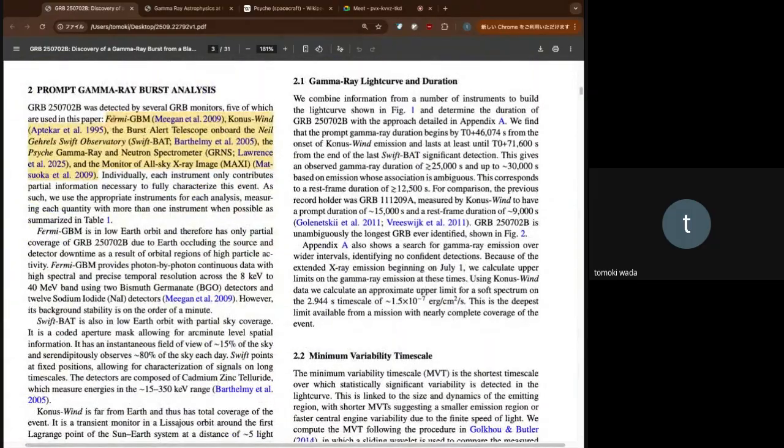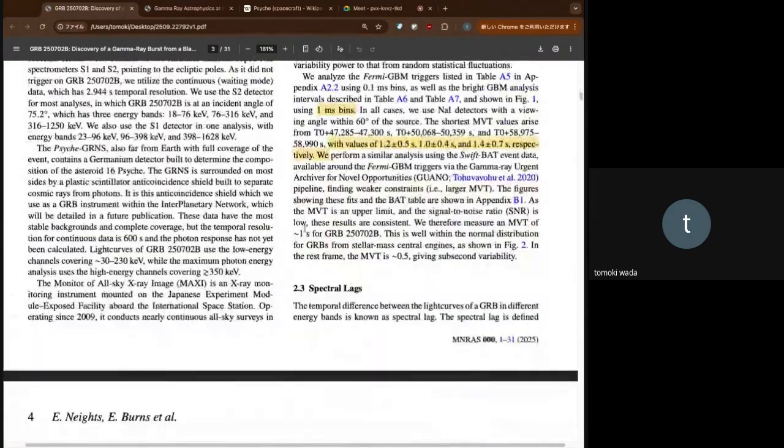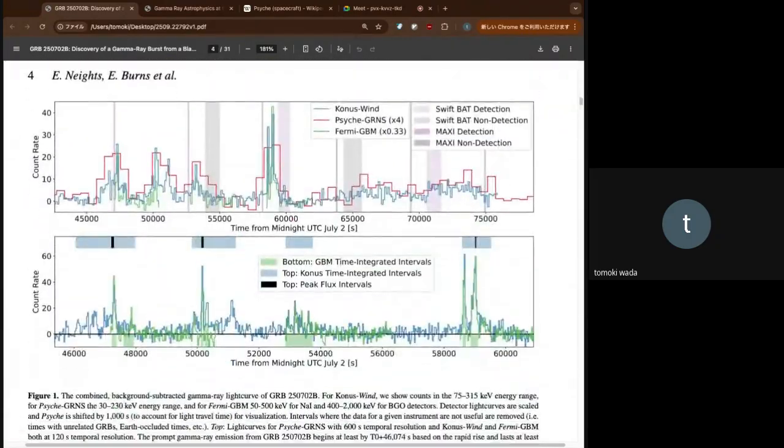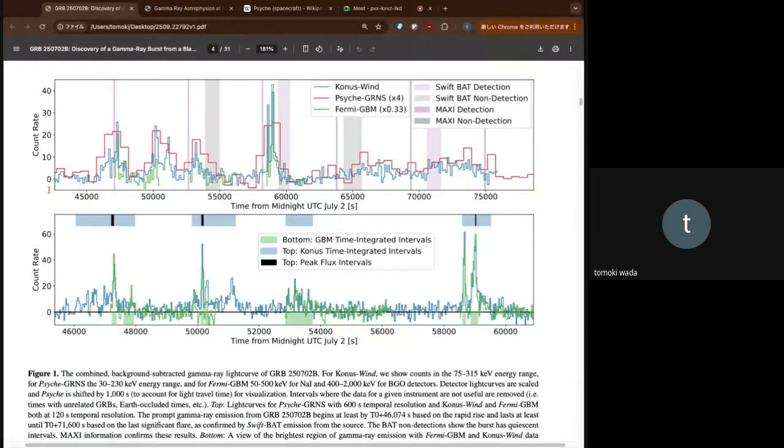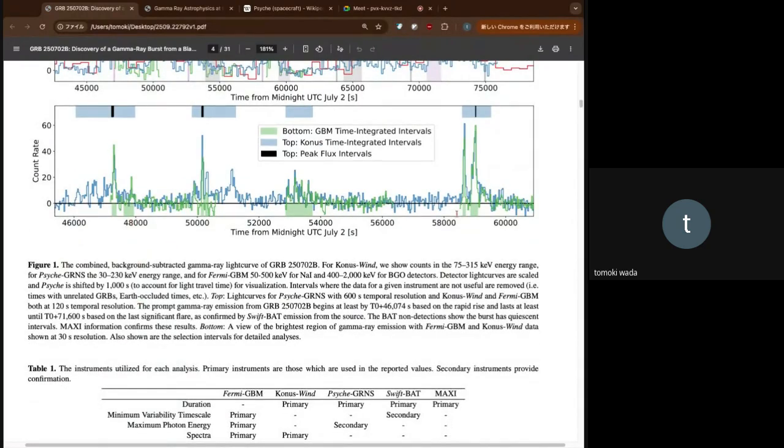Okay, they combine the data of 4 satellites, LMGBM and Cornus Wind and SwiftBat and Astroph 5, and this one and Maxi, and they make a light curve of this GRB, and maybe it starts from something like here and continues about this time scale, and